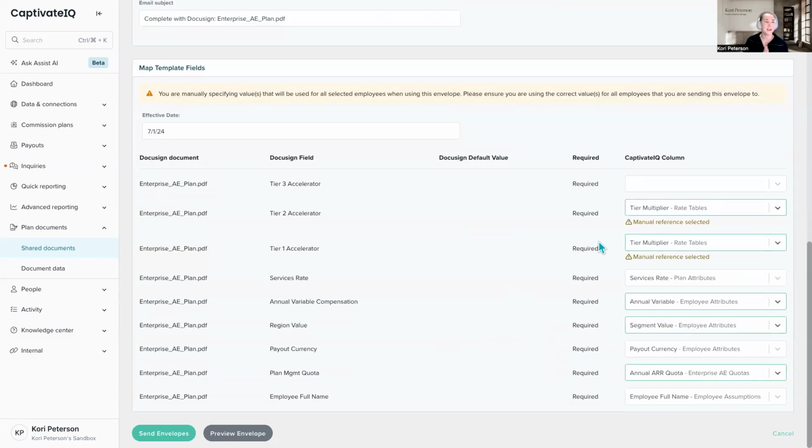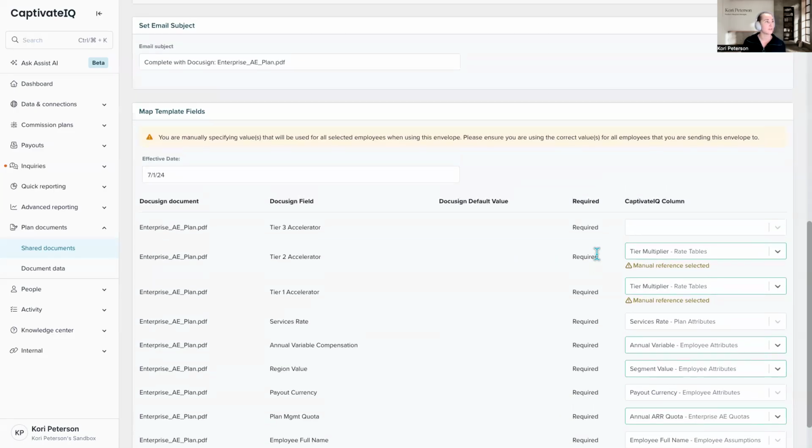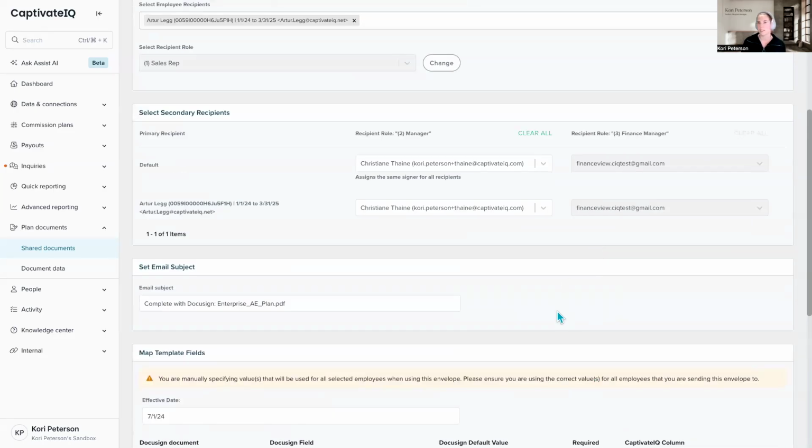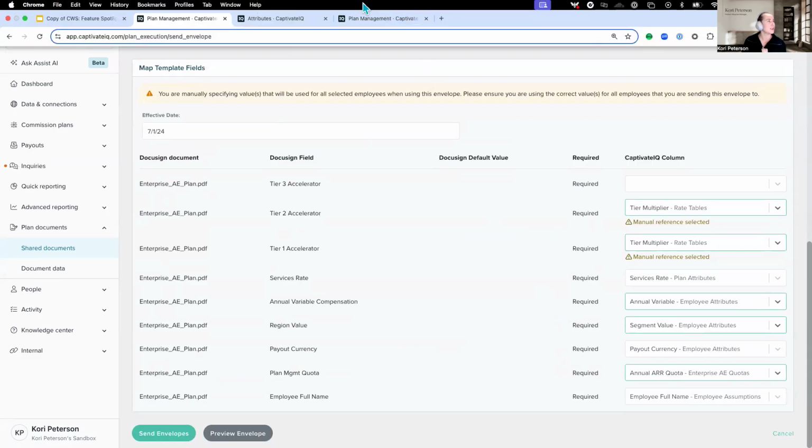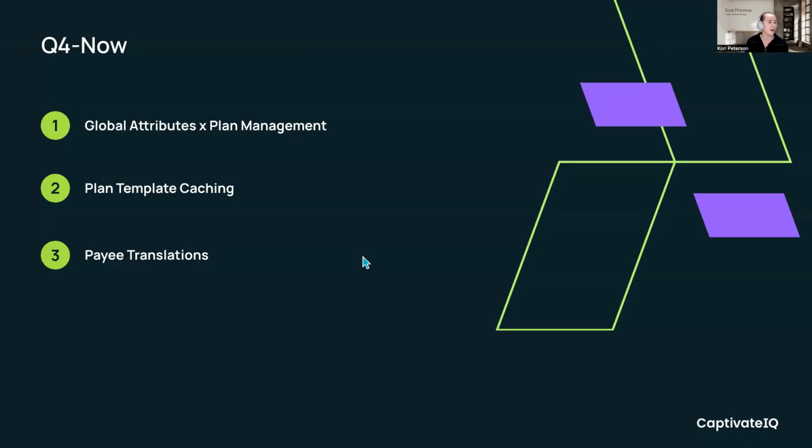That doesn't mean that you cannot adjust the references if you ever need to, but we'll just have all of that cached and queued for you, ready to go, so that really all you have to do is select your dates, the recipients, all that good stuff. And we want to focus on efficiency for you guys. So hopefully those two will be very exciting.